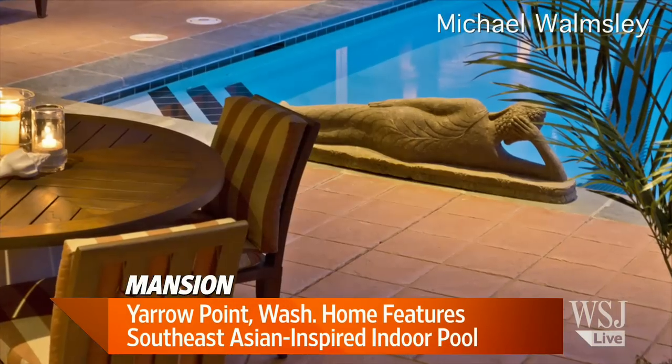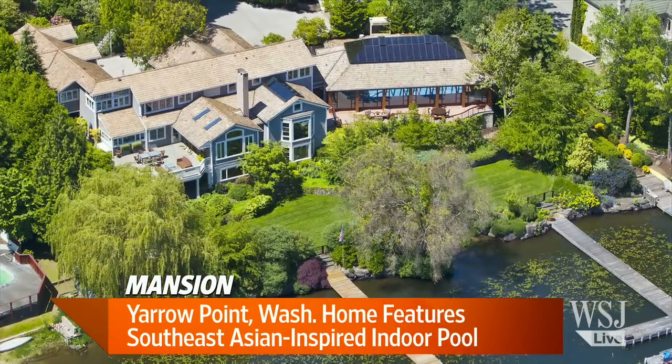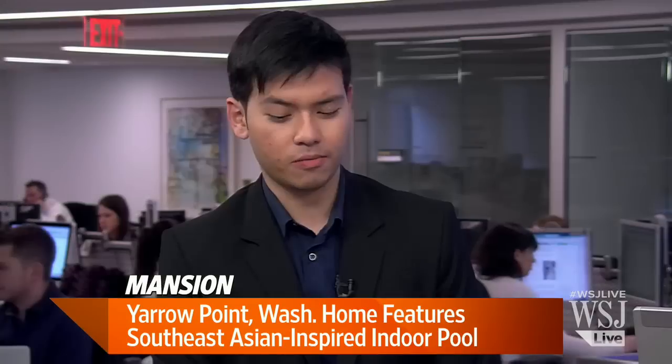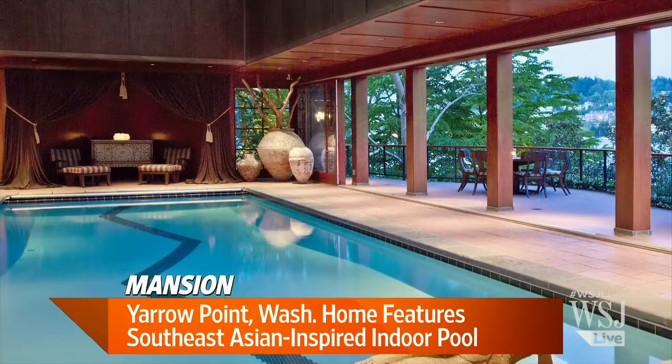Let's go over to Washington State. This is a home that is 12,000 square feet. It's owned by a tech mogul out there, an executive. And what's really interesting about this is she tells me that she went out and hung out with Richard Branson on his private island. It's during that trip that she brought back the inspiration for this Southeast Asian type aesthetic in her home. So this pool house that she built on the property has this very long 40-foot pool,